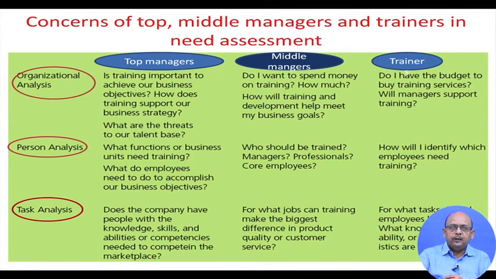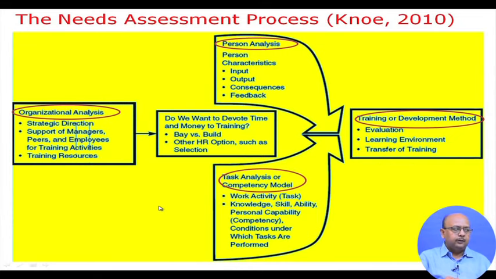Now, once we have looked into the concerns for the top managers, middle managers and trainers, what we need to look at is how do we go about it? See, this is the entire need assessment process. First of all, we go for organizational analysis, then person analysis and then finally task analysis. Once these three things are done, we would be able to position ourselves in terms of identifying training needs of the people. And then again we go for evaluation: whether it is worth doing or not, in what context the people need to be trained, and what kind of support systems, culture, climate and leadership is required,